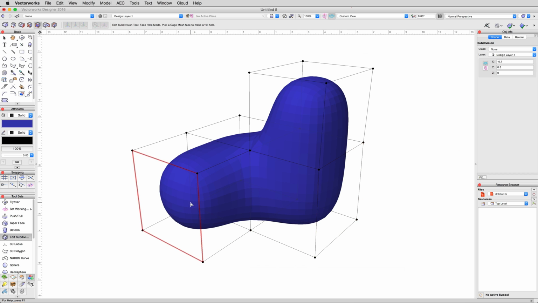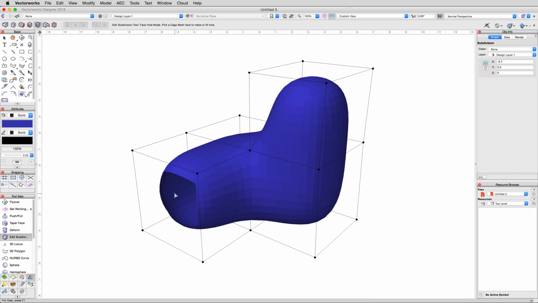Then move on to the 6th mode of the Edit Subdivision tool, Edge Extend mode. You'll notice that if you try to click on any edges, faces, or vertices, you cannot. This is because this tool does not work on closed edges, only surfaces that have no face on one side of them. So, return to Face Hole mode briefly and create a hole in the bottom left of the shape,